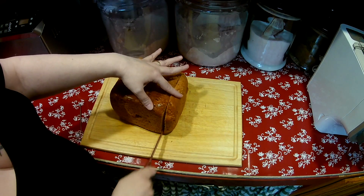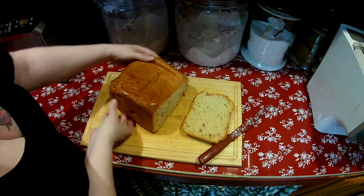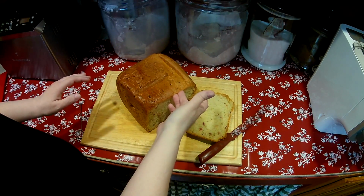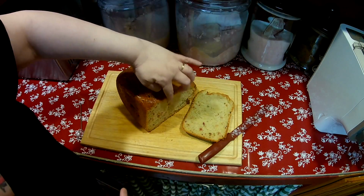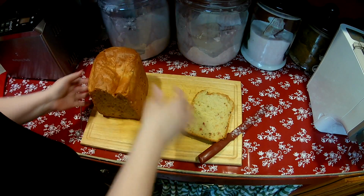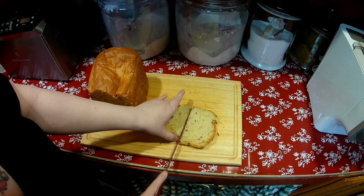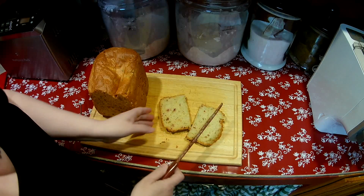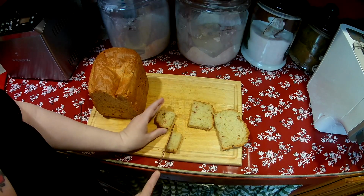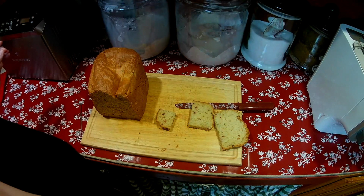Oh my God. It is so... I mean, I can see... Do you see how it's falling in on itself? It's so, like, light. Let me show you again. Ooh. Okay. Oh my God, phenomenal. I'm going to give it a cut. And I like the end, so that's what I'm going to eat. Again, sorry about the dogs, but... Oh my God, so...